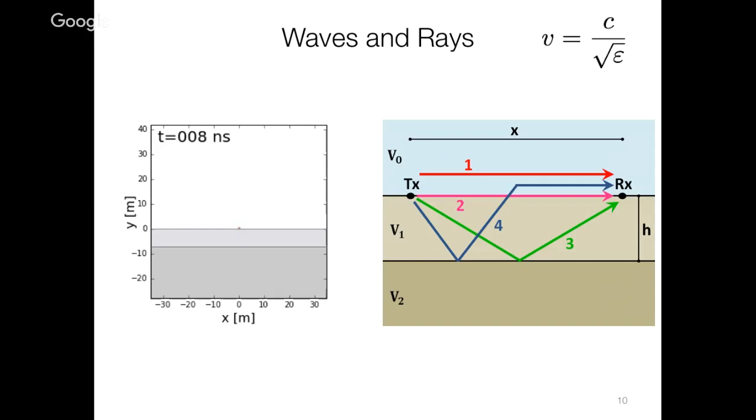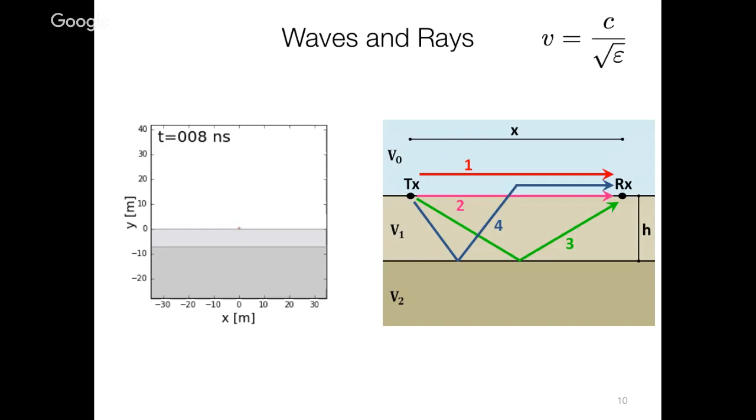here's a short movie. Okay, so what we're going to do is have an impulse that goes in here, and we're going to time step through, so you're actually going to see wave fronts. And those wave fronts are interacting with the boundaries. And if we draw the ray paths, which are the normals to the wave fronts, then we'll be able to